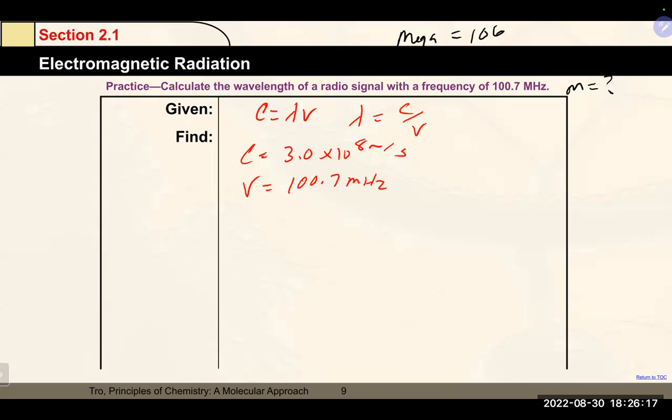We do want to convert it from megahertz to hertz, which is really reciprocal seconds. So again, unit wise, everything will cancel out correctly. You can't go in with the megahertz or you're off by a factor of that prefix. So once again here, mega is 10 to the 6, and what that means is in 1 megahertz, there would be 10 to the 6 hertz. So again, that is the correct way to use that conversion. And that means that we would take our megahertz, do a little dimensional analysis action on it. 1 megahertz is 10 to the 6 hertz. Here, the megahertz will cancel, and we will end up with